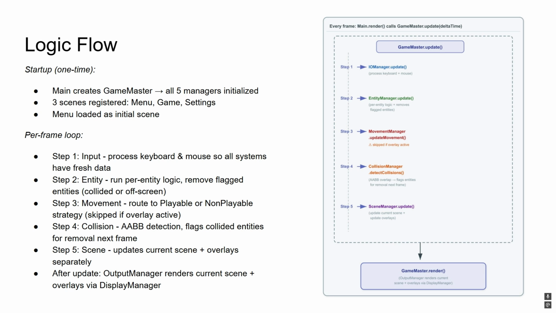3. Movement Manager moves entities, skipped when an overlay is active. 4. Collision Manager detects collisions and flags them, and removal happens next frame in step 2. 5. Scene Manager updates the current scene and overlays, and after that, Game Master renders through Output Manager and Display